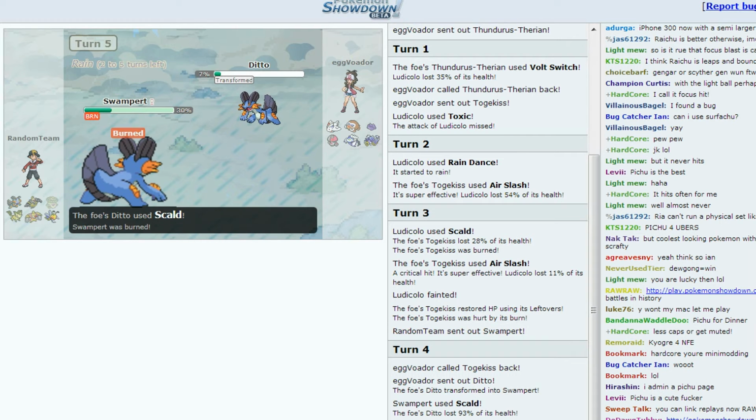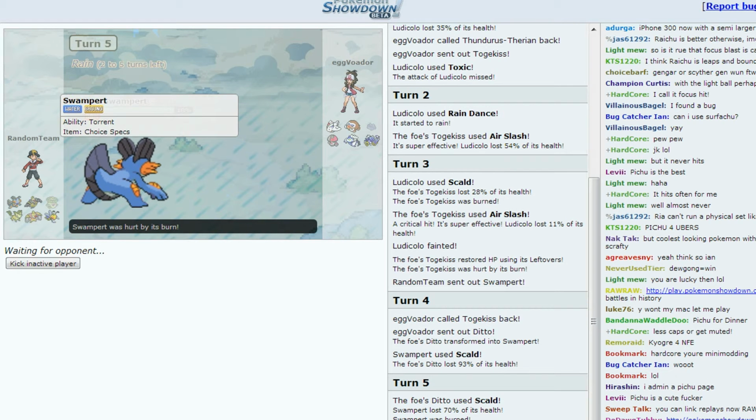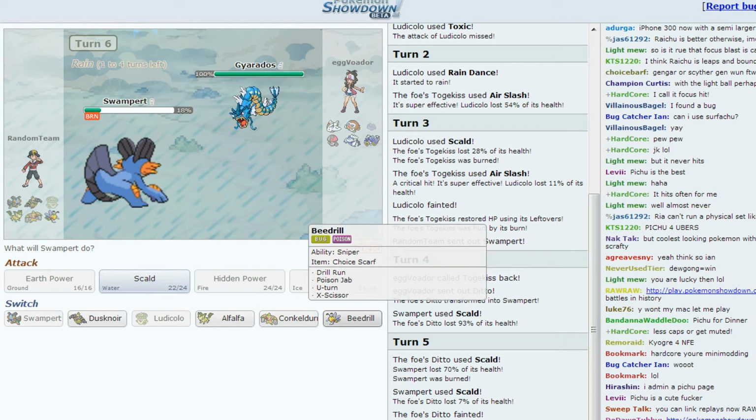But yeah, see, they only do 7 to me. Of course they get a burn. Thank God I'm Spexed. So burn's not going to do much against me, I should say. But of course, my first Pokemon gone again is Ludicolo. Now they're going to send out Gyarados, and I am kind of worried because I don't have any Electric-type moves, but